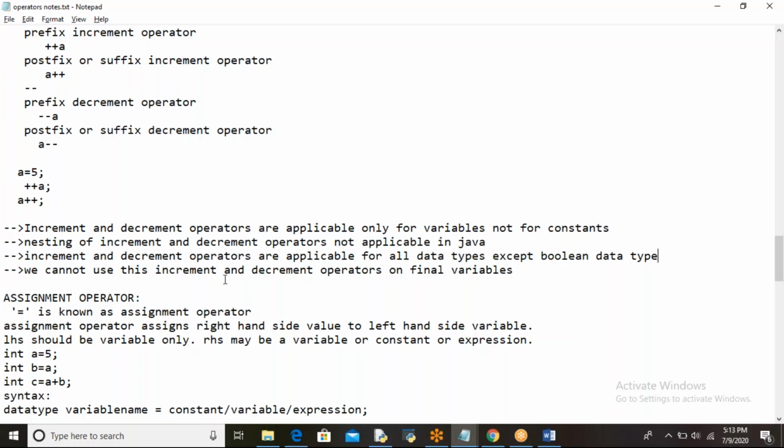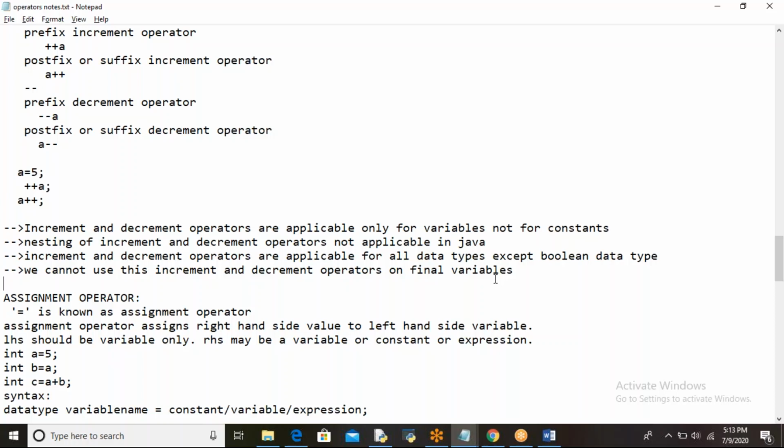Next, we generally cannot use increment and decrement operators on final variables. So what is a final variable? If you take a local variable, you must initialize it before using it, otherwise you get a variable might not have been initialized error. Whenever you declare a variable with the final keyword, it becomes a final variable.